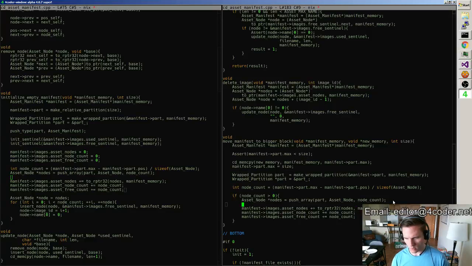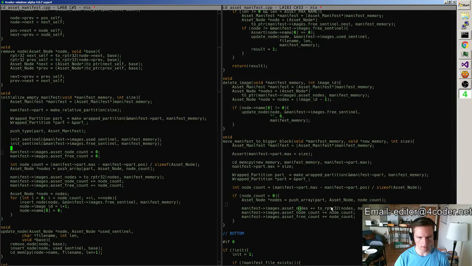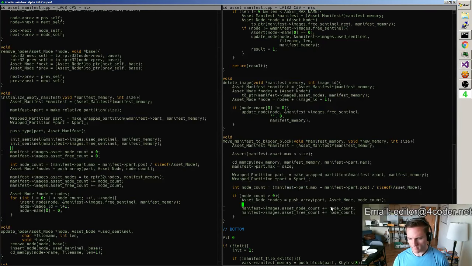So we go, here's the new nodes. So asset nodes, actually, I take that back. Asset nodes just wants to get set once there, and then stay that way permanently. The other ones, though, will be node count plus equals that, free count plus equals that, perfect, and